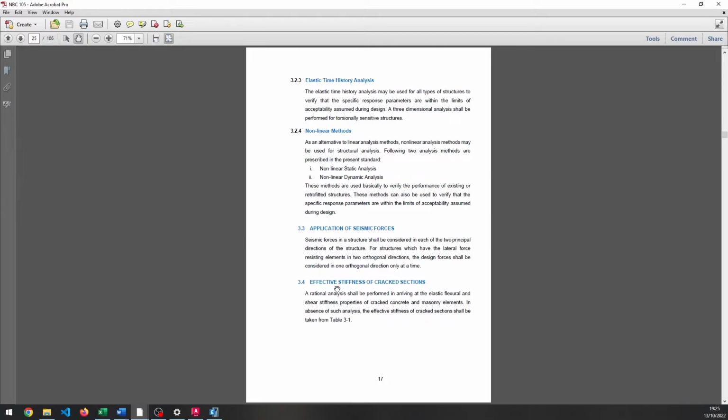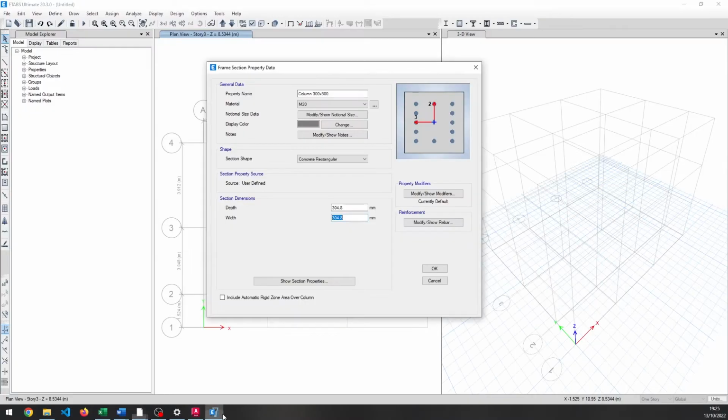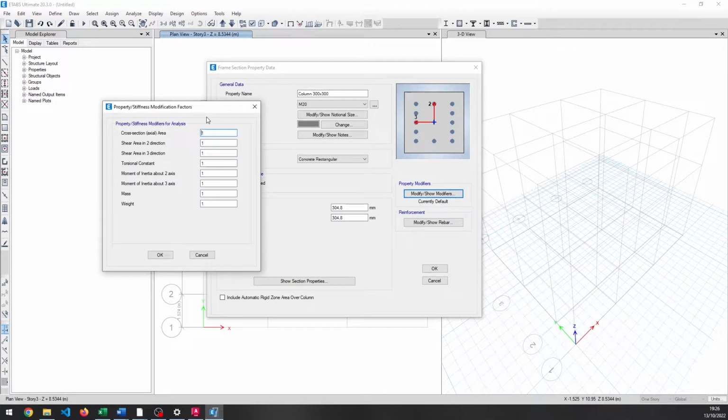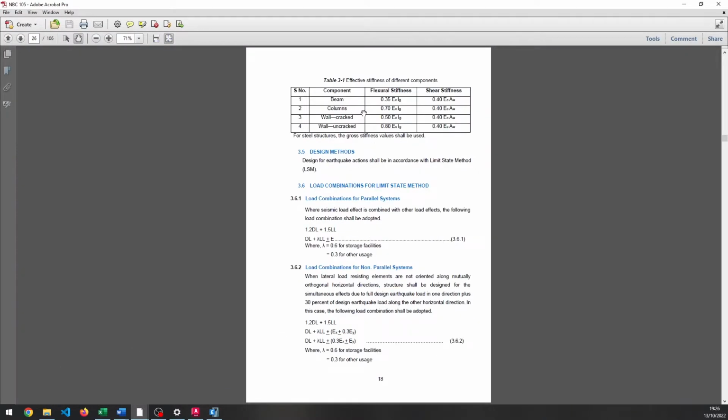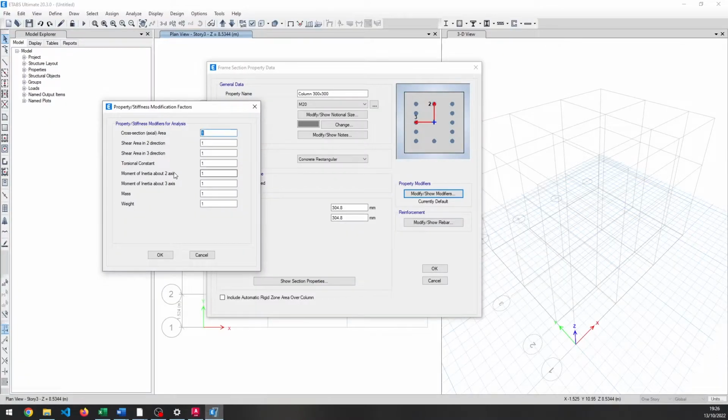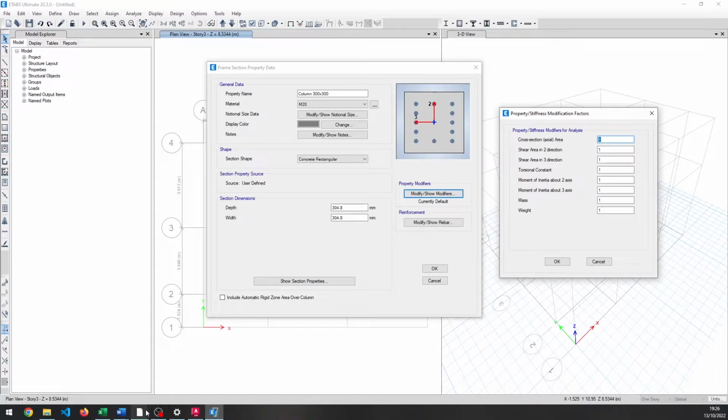So the effective stiffness of cracked section. What I'm trying to say is, for the modifier as stiffness modification factor, we're going to use the values for the shear and for the flexural stiffness. For the column we're going to use 0.7 and 0.4. So in the ETABS,